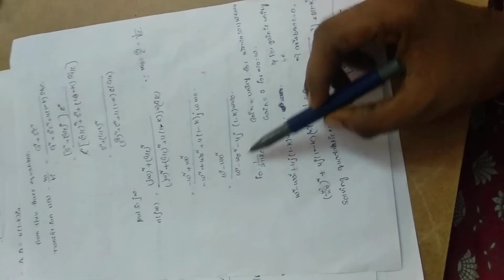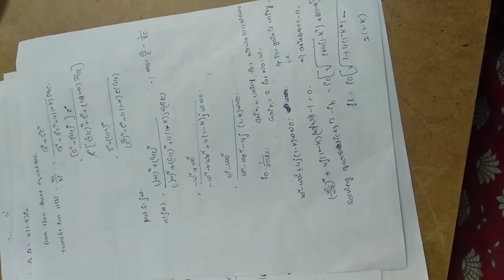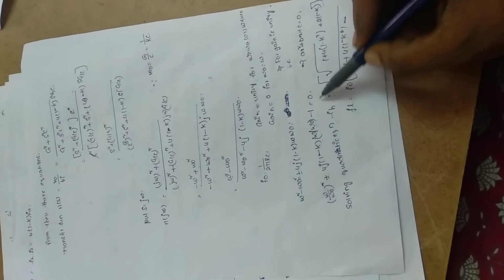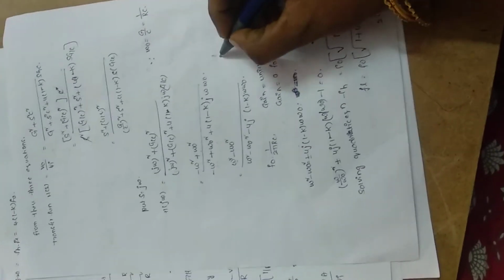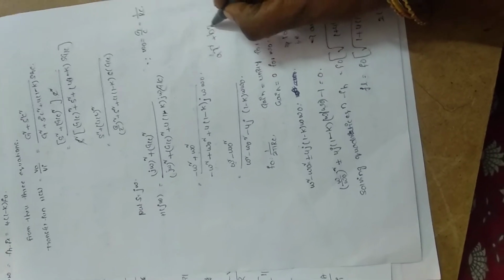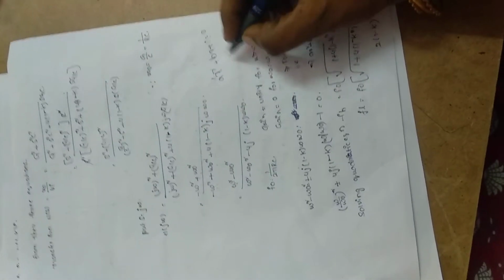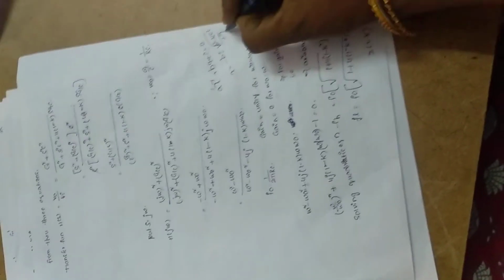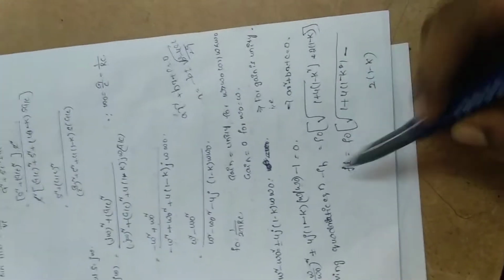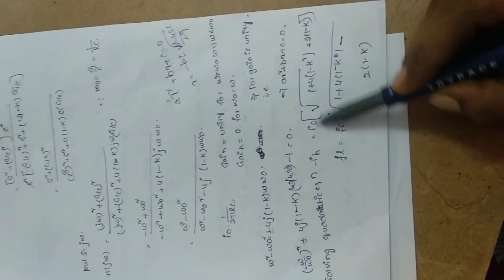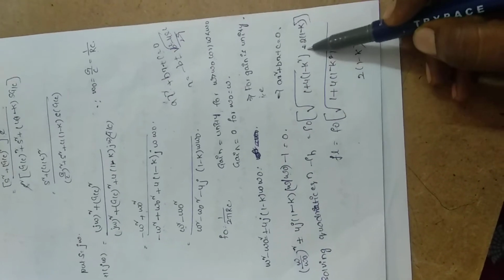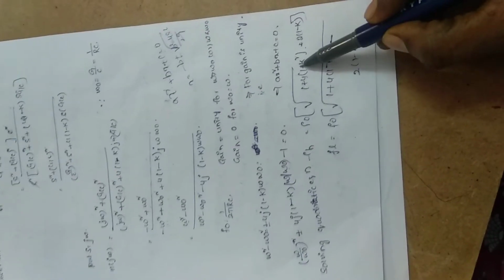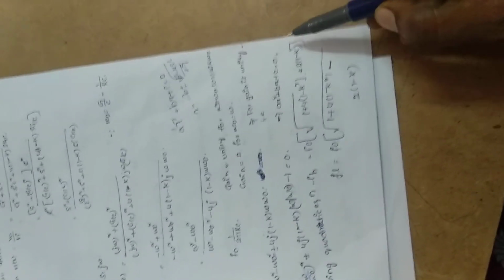So here the equation is in the form of ax square plus bx plus c. What is the root? So if for example equation ax square plus bx plus c is equals to 0, so roots are x is equals to (minus b plus or minus square root of b square minus 4ac) by 2a. From that we are calculating FH and FL. So that is equals to F naught into square root of 1 plus 4 into (1 minus K) square, plus 2 into (1 minus K).